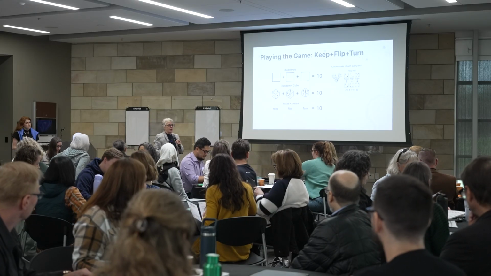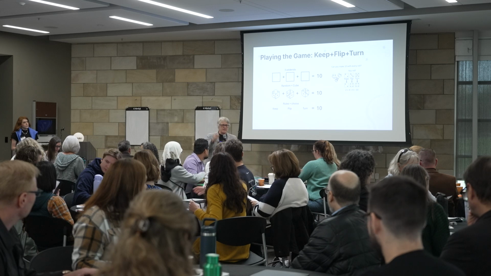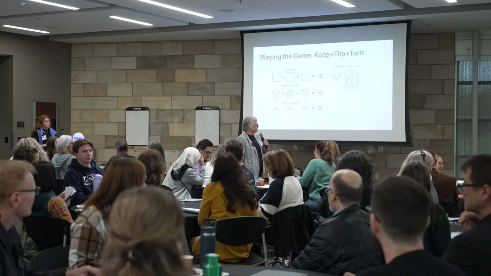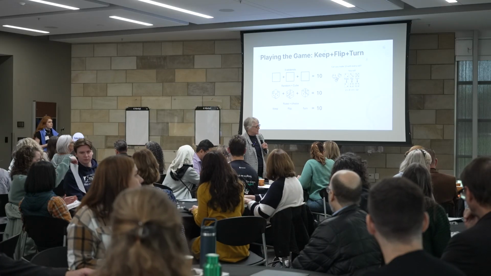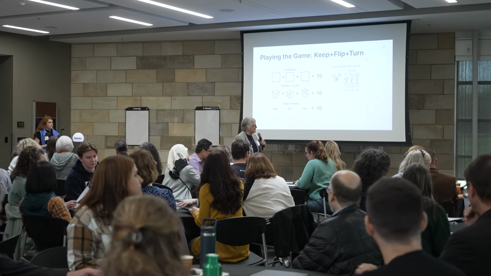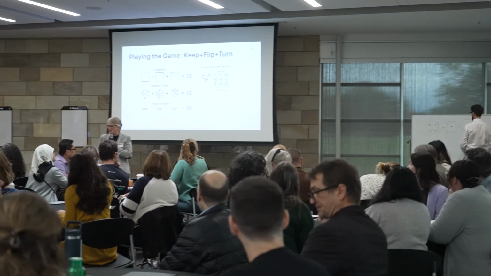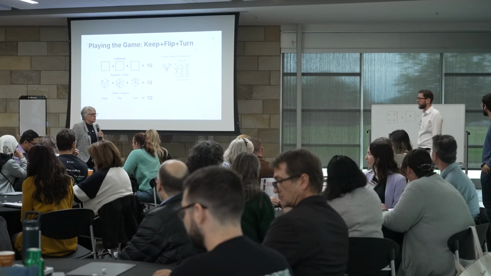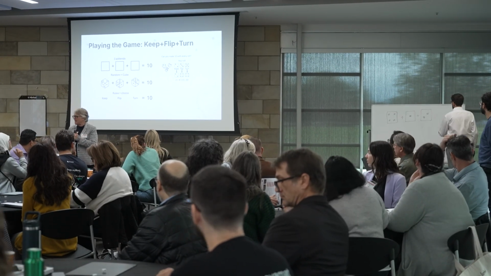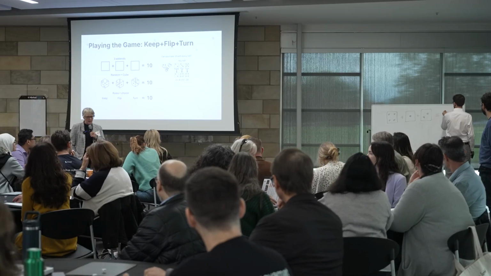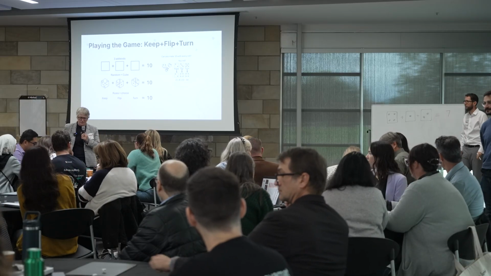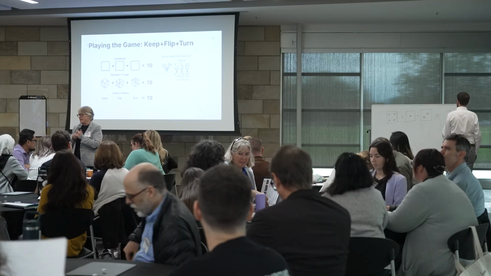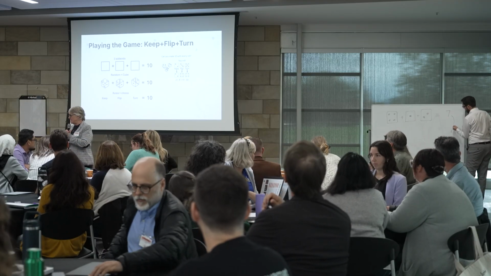So Keep, Flip, Turn, what you're going to do is you're going to roll 3 dice. Albert, I just rolled a 4, 1, 2. I love that you're using the dot representation. That makes me so happy. It's going to be your choice what you use. I love that. Okay, what's the sum of my dice, my 3 add-ins? 7. Okay, I've rolled a 7. Oh, magical. Rolled a 7 with 3 dice. Okay. So now I need to make 10, but I have to follow the rules to make 10.